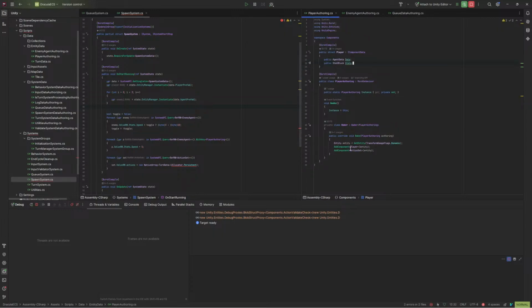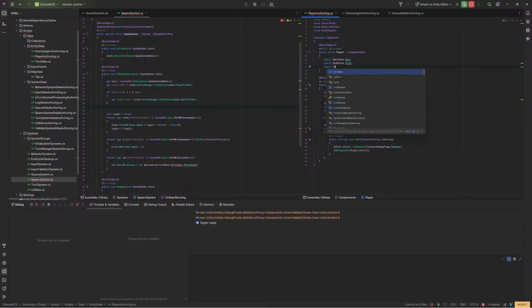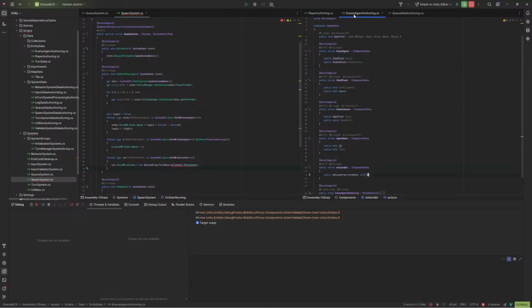Yeah, the player doesn't need an action set. We're gonna get rid of this. All the player needs is a single queued action value. Just one. If we need it later, we can add it later. But for now, we just need one. So we'll just leave that to the side. No big deal. For the enemies,